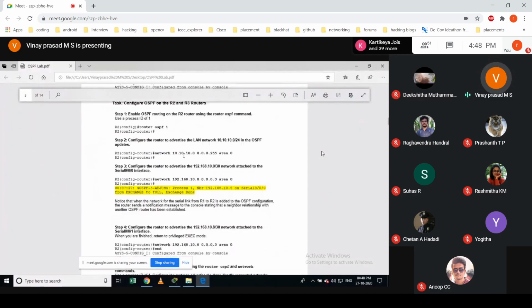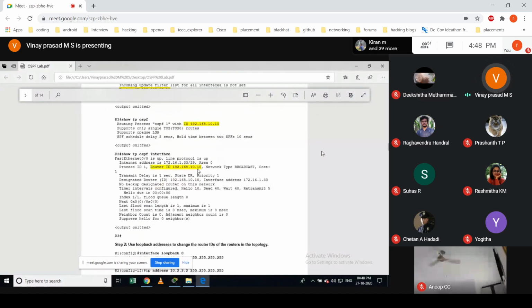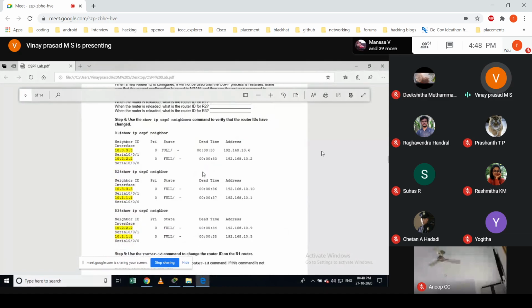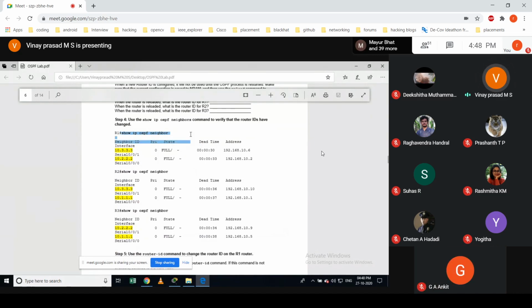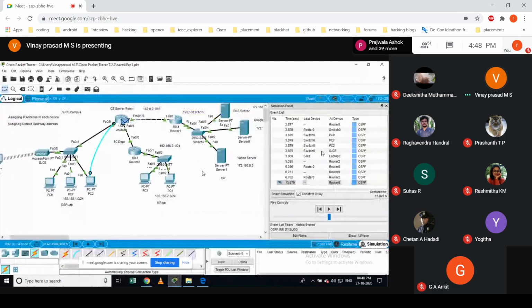The same thing you should follow here also. The same thing that I explained, how you configure this on each and every router and how to verify this. You can also see who is the neighbor of that OSPF by giving show ip ospf neighbor. You can check this. Probably when we do the next labs, we'll go into much more detail on this. At the moment, you should do the experiment that I explained, the configuration through OSPF.